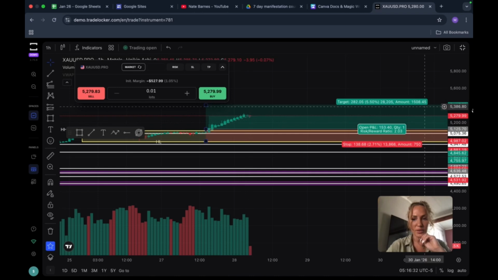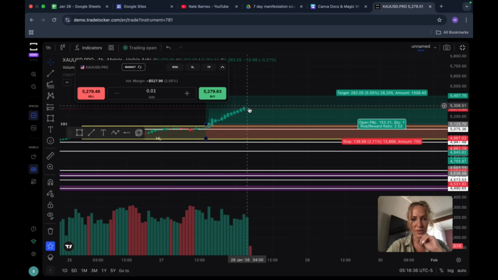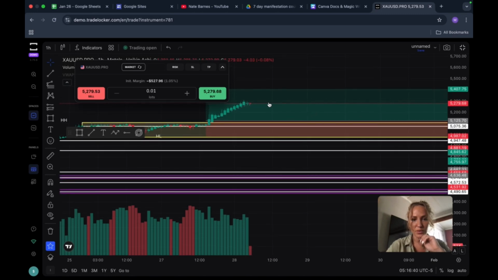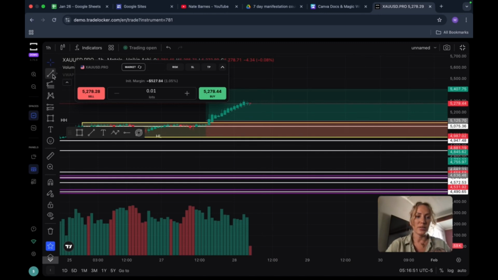So it is very, very likely that it's just going up. Here is a small doji candle because now it's gonna form red candles and it's gonna go up again, which is totally normal. Of course, don't take it as financial advice because things can happen in the market always,